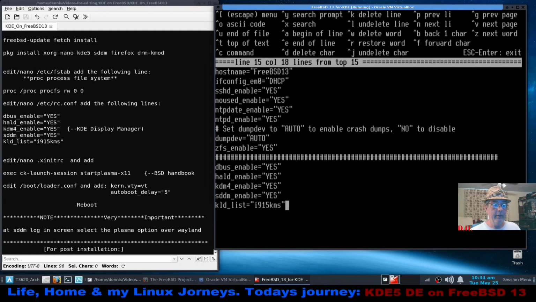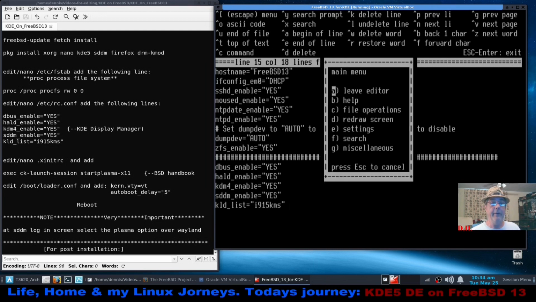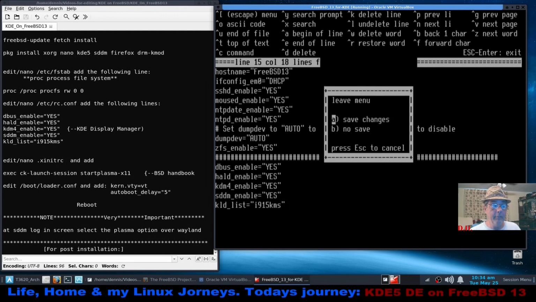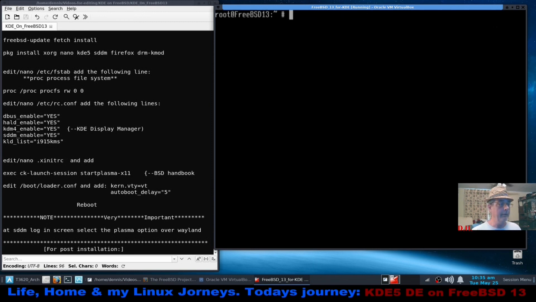Very nice. So I'm going to hit the escape key, leave the editor, and one last chance to make sure all that's spelt right. And it is, so I'm going to save the changes, Control L. Okay, now we've got to edit our xinitrc file. So edit, or you can just type in ee, and that would be